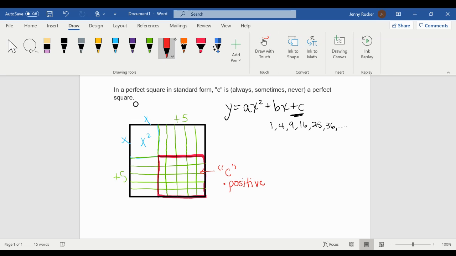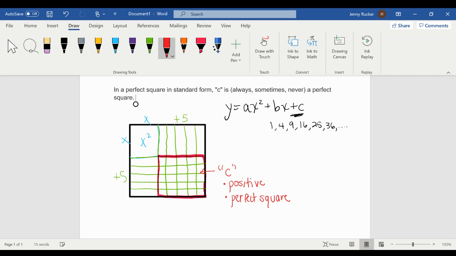because I'm taking a 5 times a 5. Now, if it's plus 5 times plus 5, that's a positive. If it's a negative 5 times a negative 5, that's still a positive. So no matter what we do, we are going to get a positive C value in our perfect square for these unit blocks. It will always be a perfect square